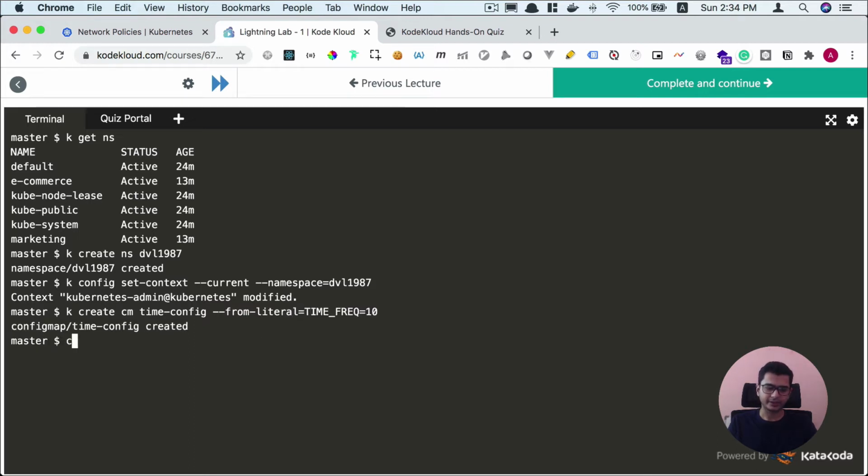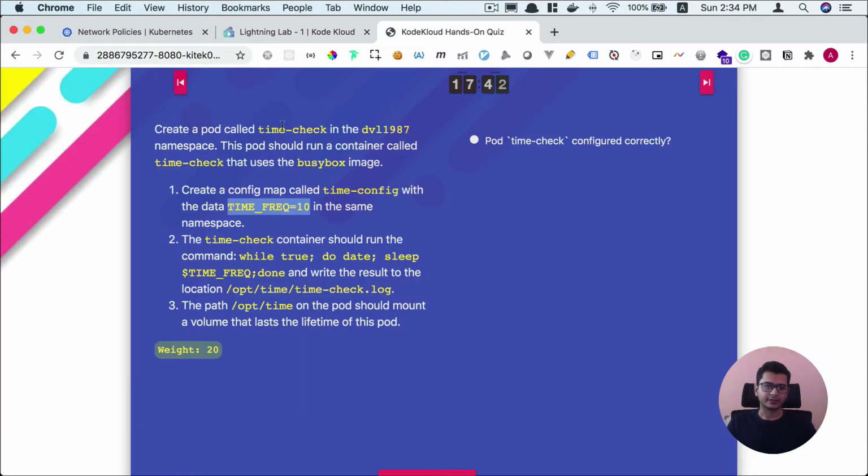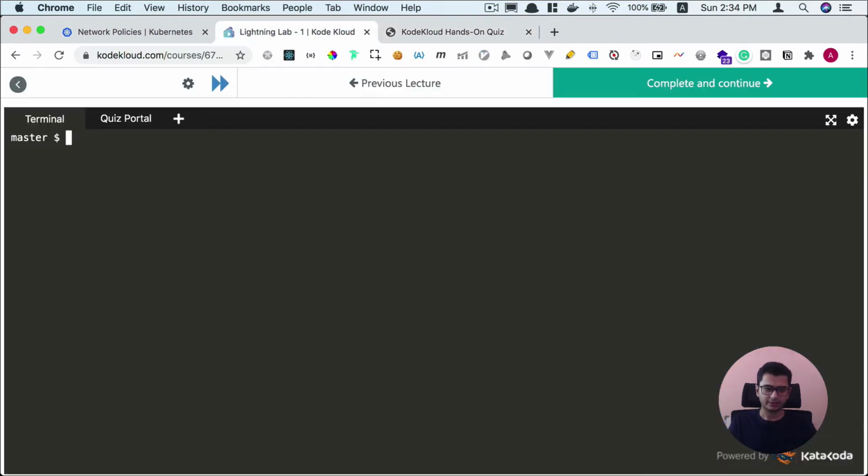Okay, perfect. So clear the screen now, and let us first create this pod called time check with the image busybox. Okay, run image equal to busybox, restart equal to never. Oh, I didn't add the dry run flag. Dry run equal to client YAML, and I'll just name it as busy.yaml. Let's enter this file,